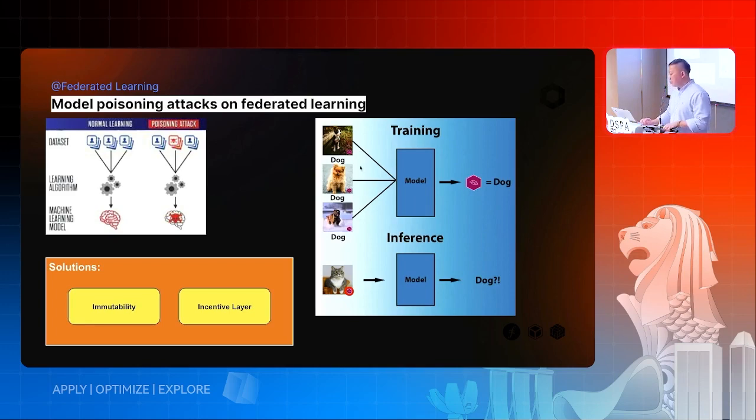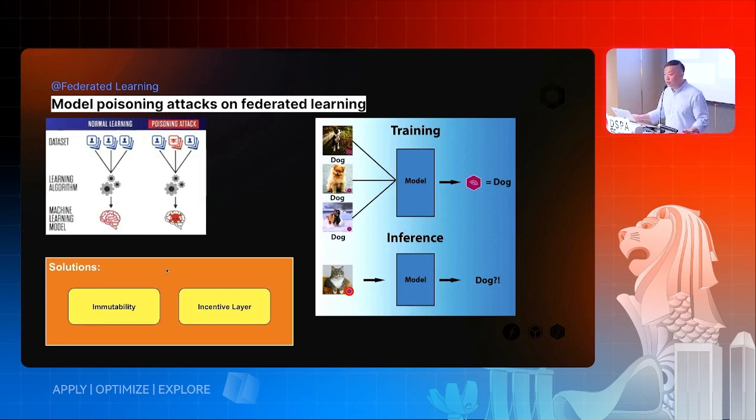So in training, you can sabotage the training of a model itself by saying that a cat is a dog. Imagine this training occurs on the top part, and you're supposed to infer that a cat is a cat. But if you label a picture wrongly and you keep training it and say that a cat is a dog, then it will infer it as a dog. So you can sabotage the training of a model in a decentralized network and become the bad actor, so that the model will not be performant or will infer the wrong things for your own benefit.